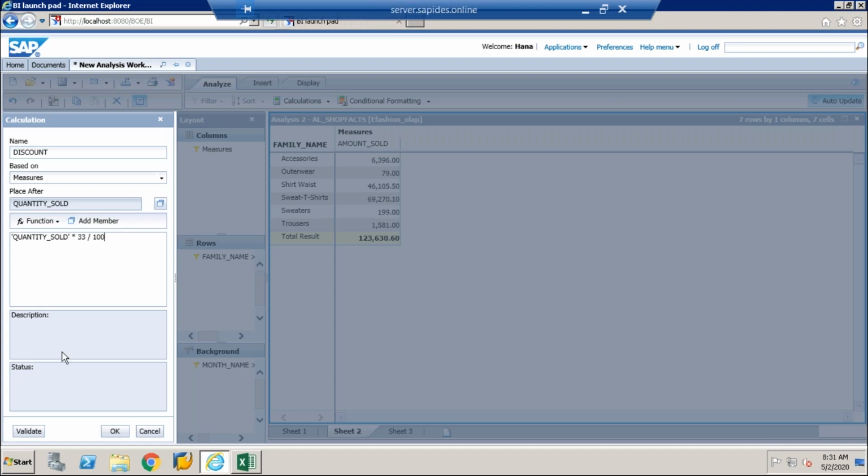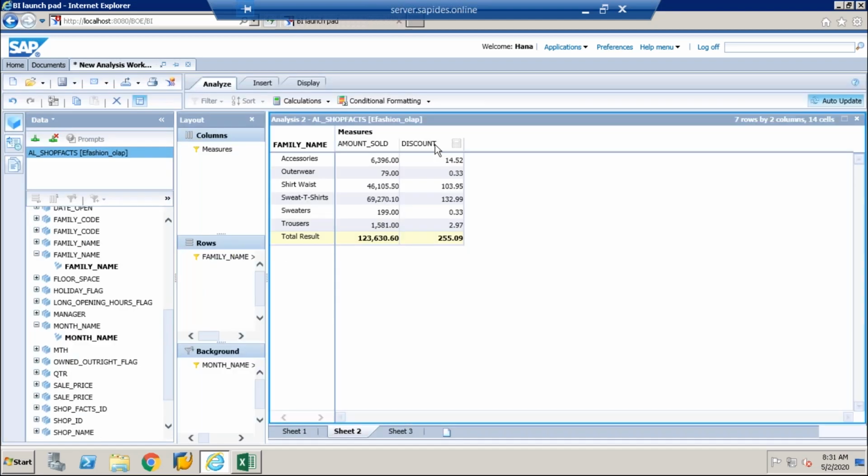It's a formula. If you want, write a description, then validate. Okay, the expression is valid. Once you write this query, make it okay. The discount column will be generated like this, as a separate column.